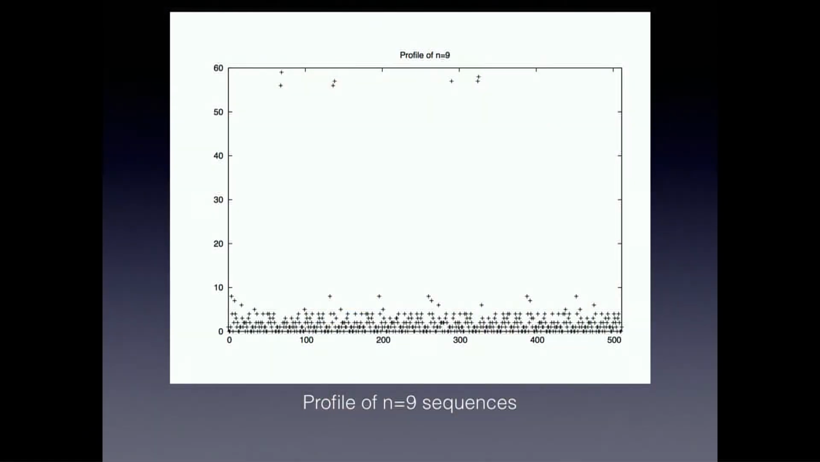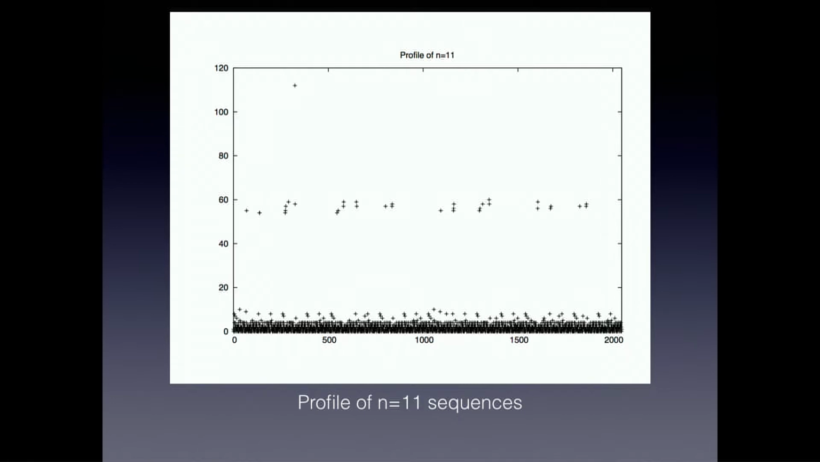Here's the profile when we add one more character to it. It doesn't really add any more information. It's just sort of falling in under n equals 8. Here's what n equals 11. All of a sudden, there's a big jump, and what was 60 has now become 120 through the scaling of